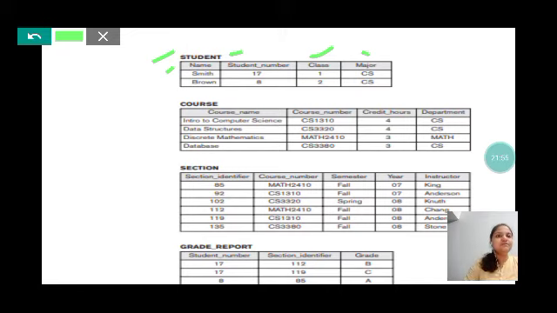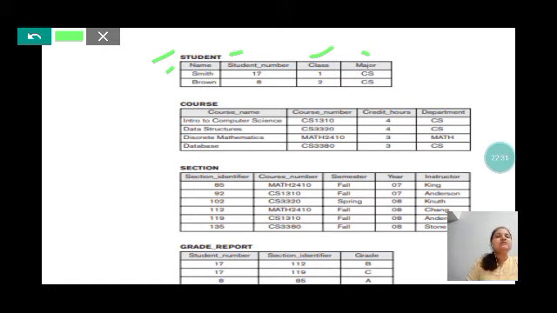Student has a name, students have a number, they belong to a particular class, and they major in a particular department, right? So that is the data given here. We have two entries as of now, only a small part is shown. Smith, his number is 17 and he belongs to class 1. He majors in the department CS. Similarly, Brown is another student, his student number is 8. The class he belongs to is 2, and he majors in CS.